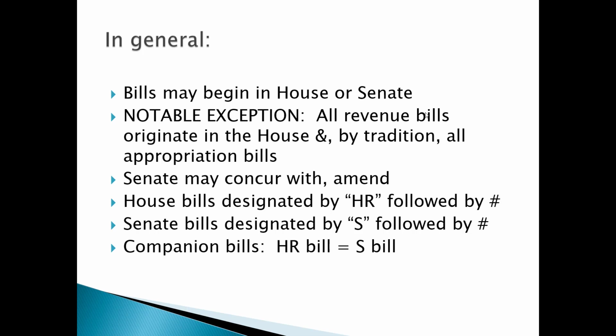So typically a bill doesn't look like it did at the start. Once a bill goes through all of these processes through the House and the Senate, it often takes on quite a different shape and different content. You'll see House bills are designated by HR, followed by the bill number, and then Senate bills are designated by S, followed by the bill number. And then you'll sometimes see companion bills, and they'll either be indicated with an HR or an S.